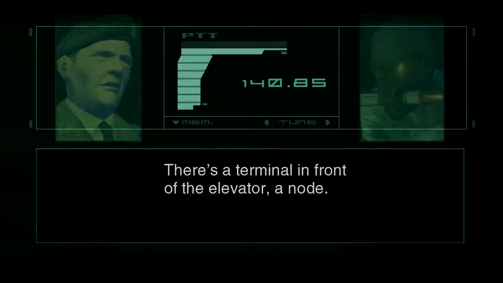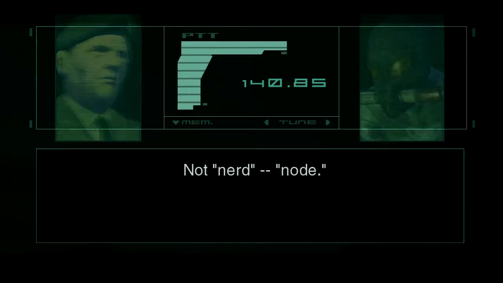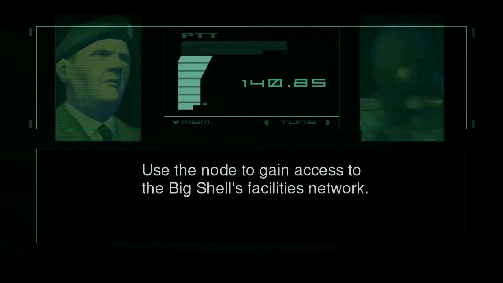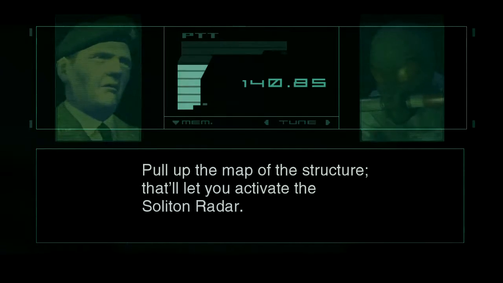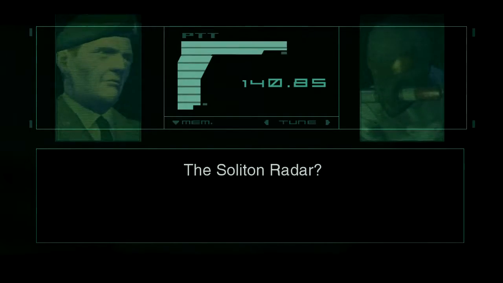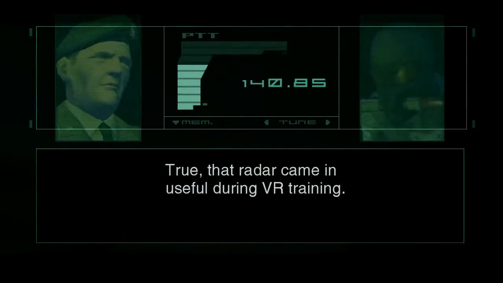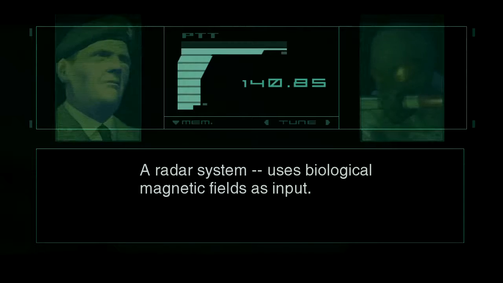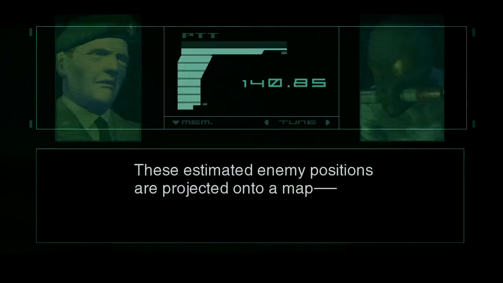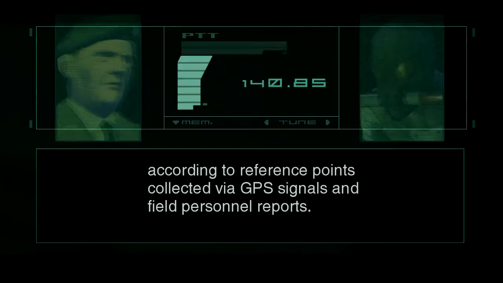There's a terminal in front of the elevator. A node. Did you say nerd? Not nerd. Node. Oh. Use the node to gain access to the Big Shell's facilities network. Then what? Pull up the map of the structure. That'll let you activate the Soliton radar. The Soliton radar? True. That radar came in useful during VR training. A radar system uses biological magnetic fields as input. These estimated enemy positions are projected onto a map according to reference points collected via GPS signals and field